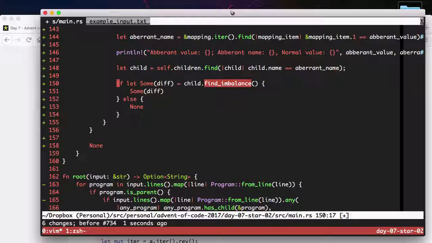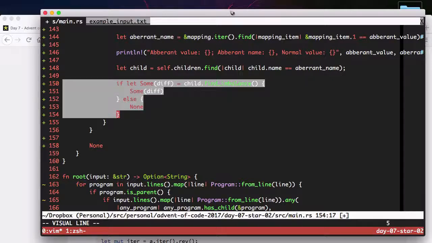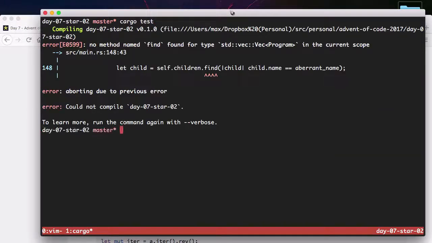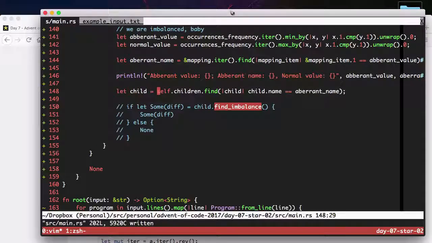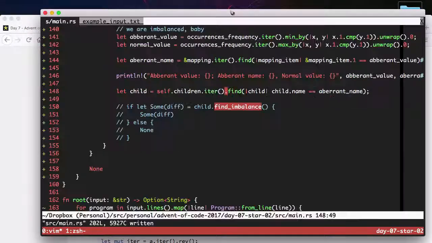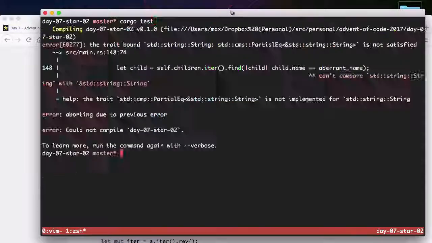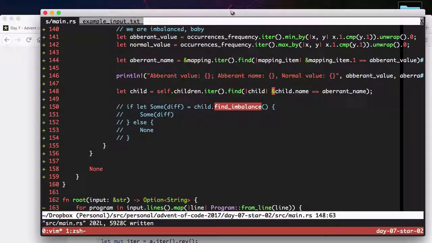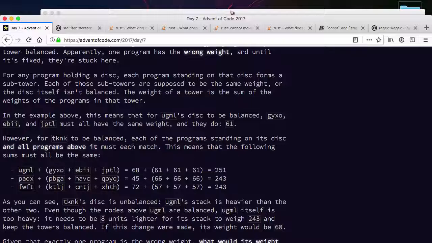If let some diff equals child defined balance, then what? Can't compare. Okay, so that worked-ish. So what am I doing here? So we're finding the child, and then we want to